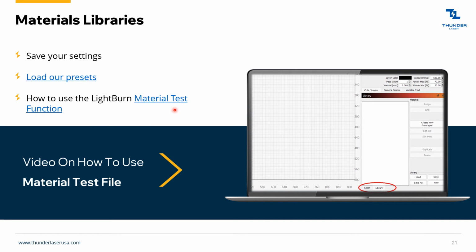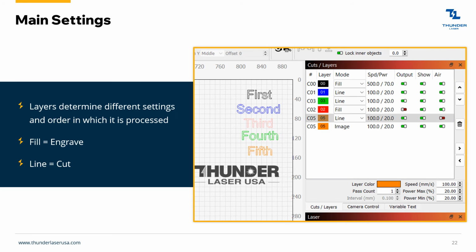And then here's the material test function in LightBurn again, the same material test file as in the video before. Main settings. So